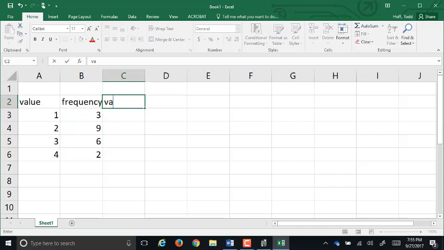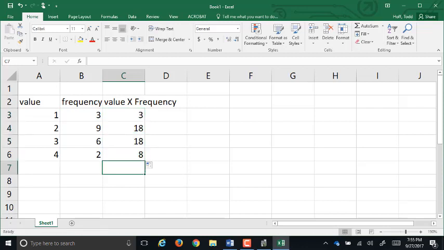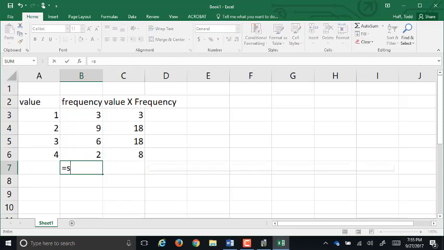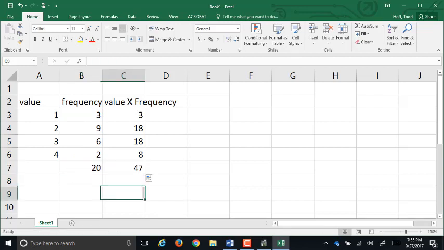So value times frequency. Yeah, I'm going to make Excel do this. There. I've got to find the total frequency and the total of this column so I can sum them. Those are my totals. So then my mean is just equal to that divided by that,